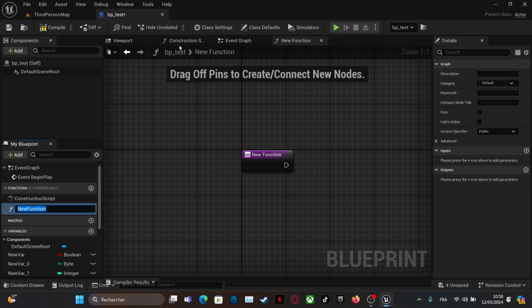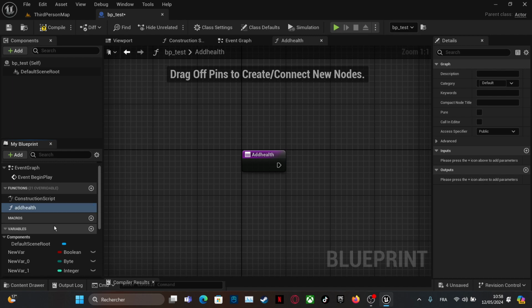As you can see, we go from the event graph to the new function. We name it add health. As you can see here, it has a simple execution. You can see here an input and output. So let's do a simple thing to understand function.